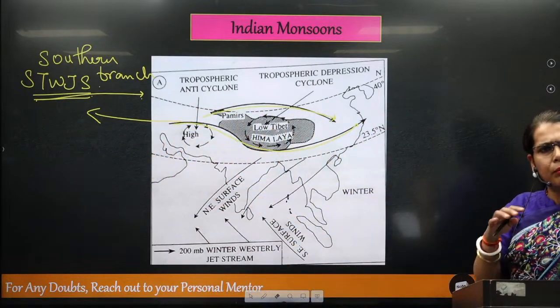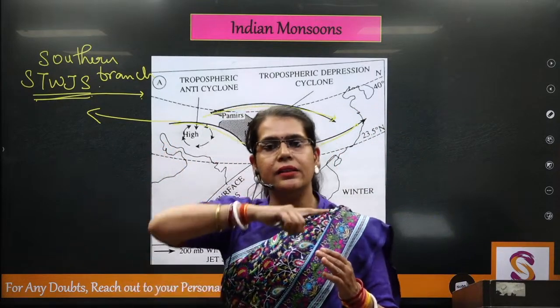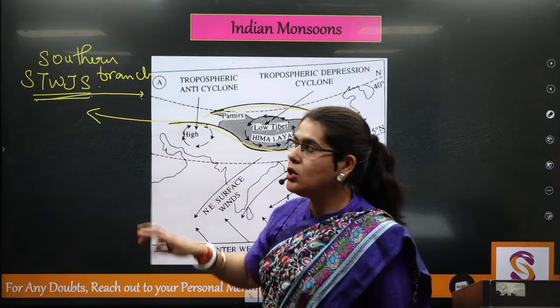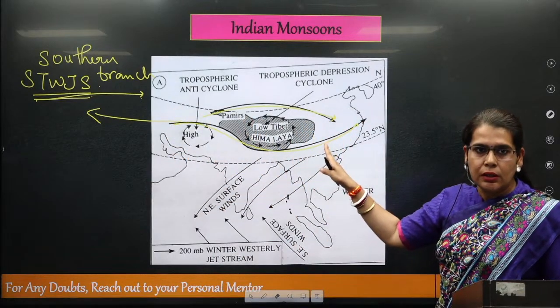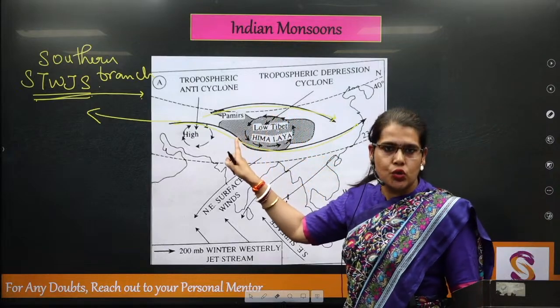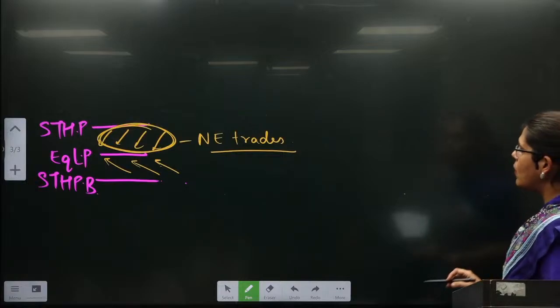Remember two prominent jet streams: one is the subtropical westerly and the other is the polar jet stream. The subtropical westerly jet stream will play a very important role with respect to the onset of the monsoons. Now see, when we talk about the jet streams,